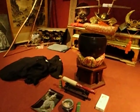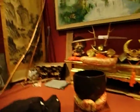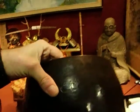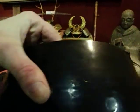Now, let's see. This is another really great deep dish bell. It's a very heavy bell, thick walled. I tried to get a shot of the maker's mark with the camera, but this camera's just not good, poor quality. I just couldn't really get a shot of it, but it's a really nice maker's